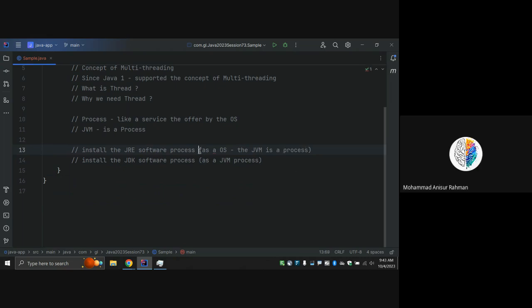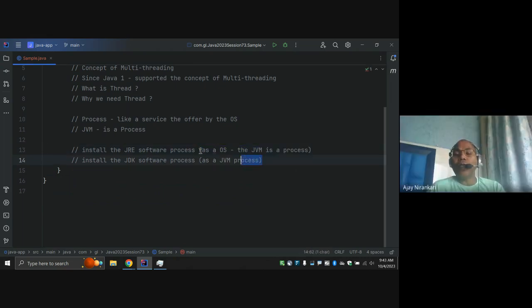So we have two flavors as a software developer. Generally, they install the JDK. JDK means that as far as the operating system is concerned, one JVM process is started, right? And in the case of JRE, it is where our application is going to be deployed. We are not going to compile or build the code, we just want to run. So generally we install the JRE.